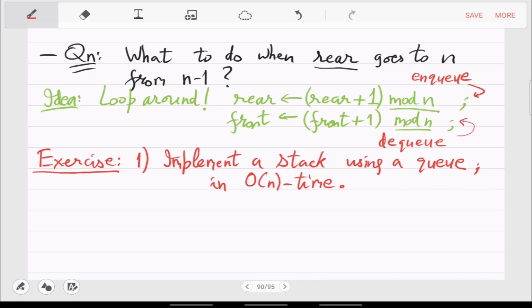You have to. So we have to use only one queue. Yeah, there is only one queue implementation given. Then the popped element, where will it be? No. So when you DQ, you NQ it. So from the front, it goes to the rear. So this is again looping around, and the most recent thing will come at the front. That you can now say is pop.